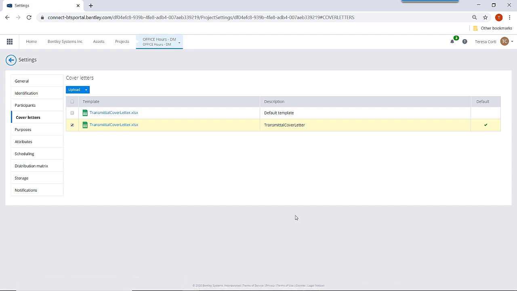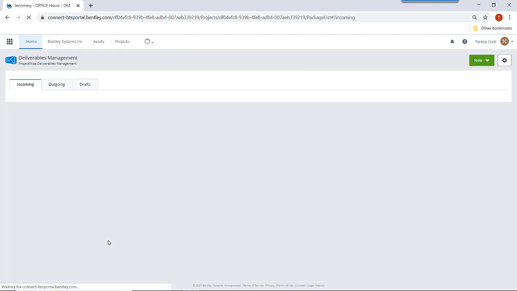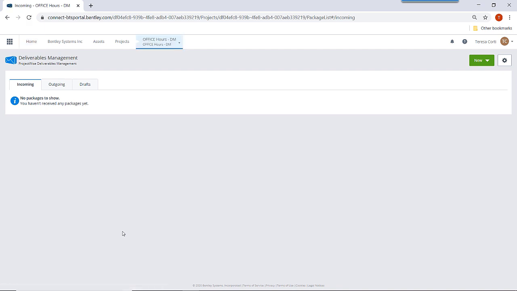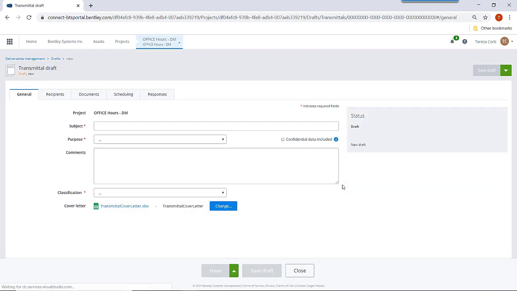Okay, so I will create a transmittal just to show you what we have configured. In this case, I will create a transmittal from the portal. Tomorrow, I will show you all the process of transmittal, RFI, and general correspondence. But the idea is to show you everything that I've just configured. So I will go to new transmittal to create a transmittal, add a subject,